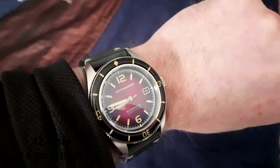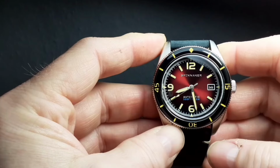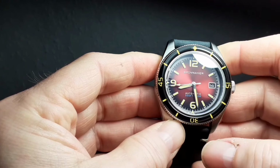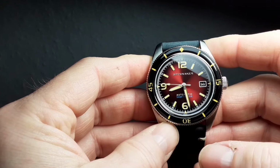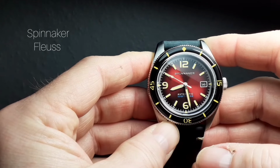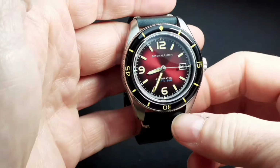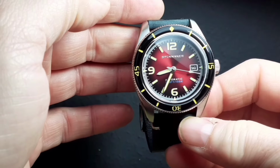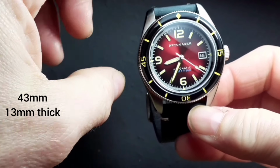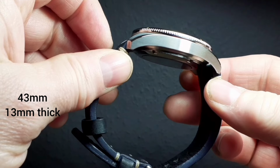It's an obvious homage to the Blancpain 50 Fathoms, but it does have its own style, and it comes in a range of colours. This is the oxblood version. There are others. There's black dial, blue dial, and the Fleuss has been a long-term offering from Spinnaker. This is 43mm case width by only 13mm thick,